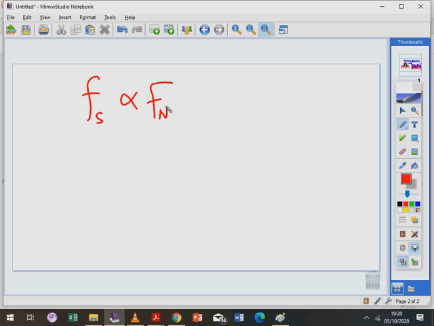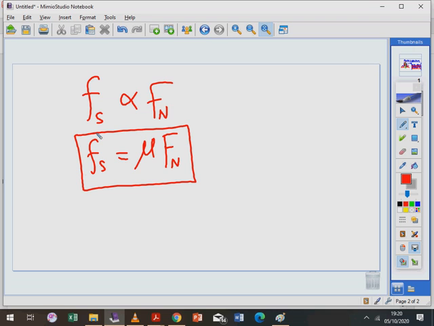Now to remove this constant of proportionality, I'm going to introduce a symbol. Force of static friction is equal to mu Fn. That symbol is called the coefficient of friction. Since this is static friction, this will be the coefficient of static friction. So mu s is coefficient